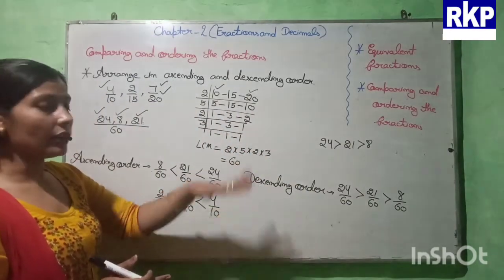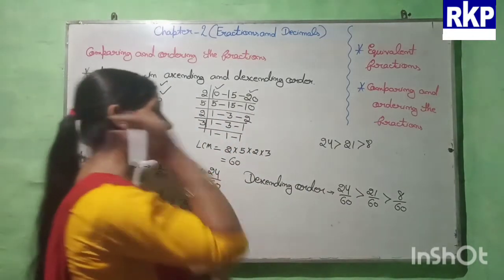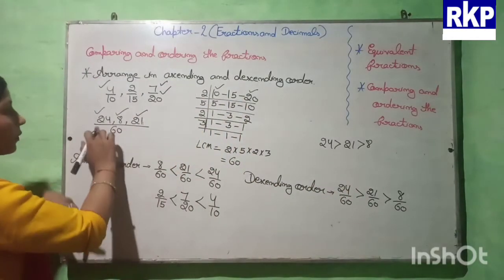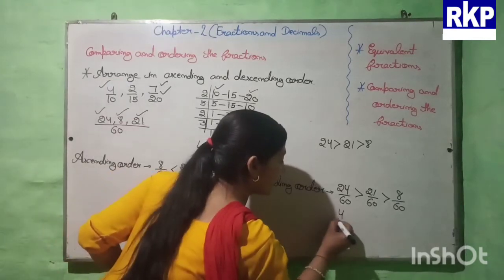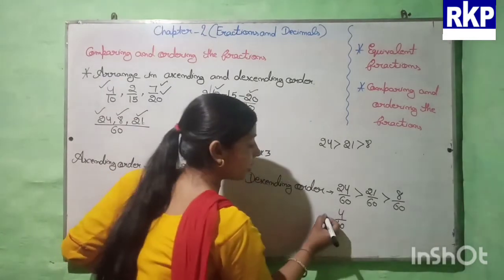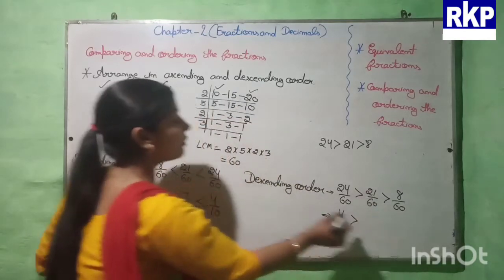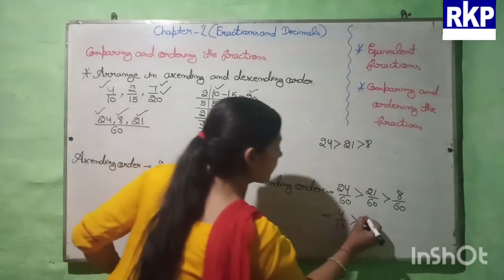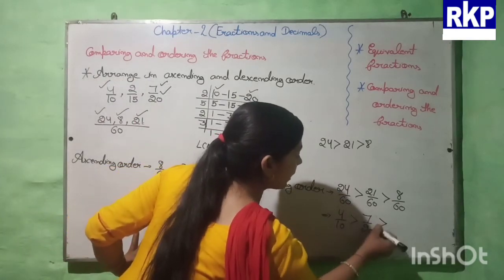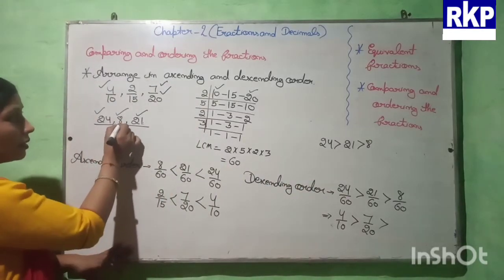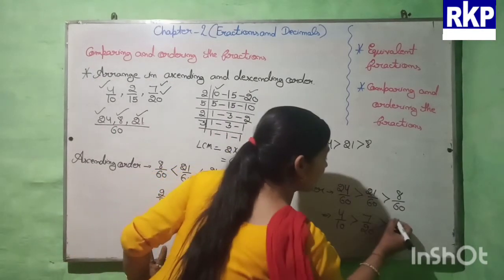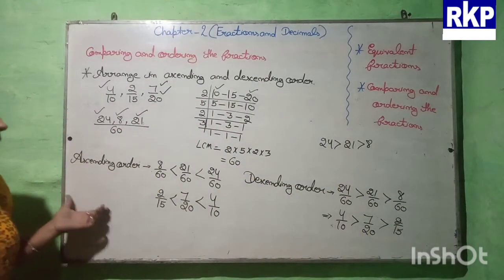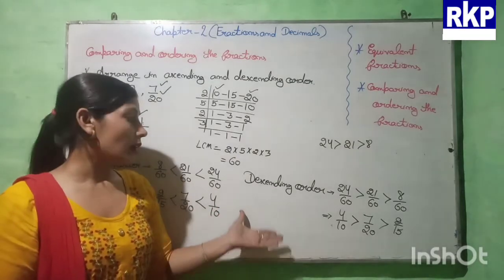Okay. After that we can write the fractions. So now, beta, 24 by 60 we have obtained from 4 by 10. So here we will write 4 by 10. Okay. And now 21 by 60 is obtained from 7 by 20. So here we will write 7 by 20. Now 8 by 60 we have obtained from the second fraction, that is 2 by 15. So like this we have to arrange according to ascending order, and like this we have to arrange according to